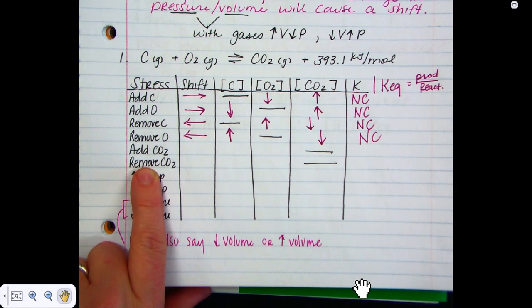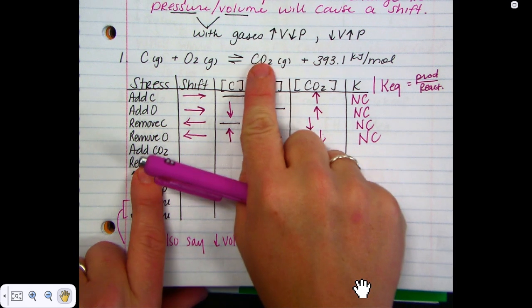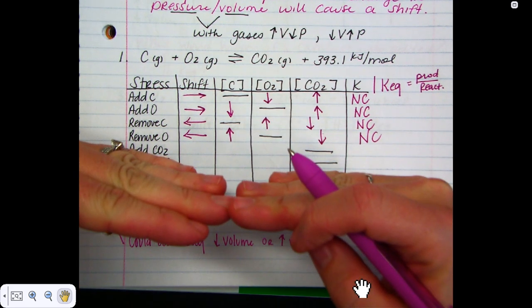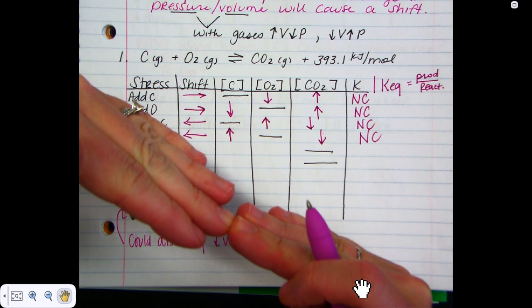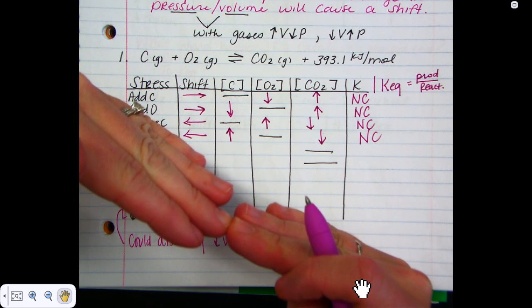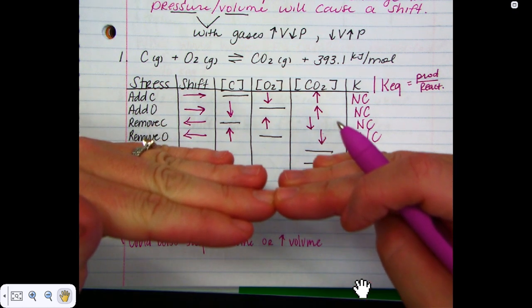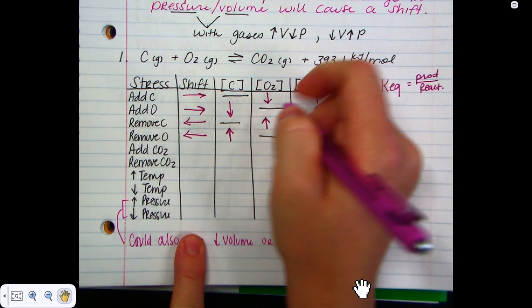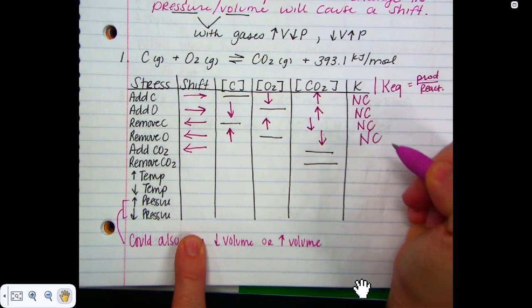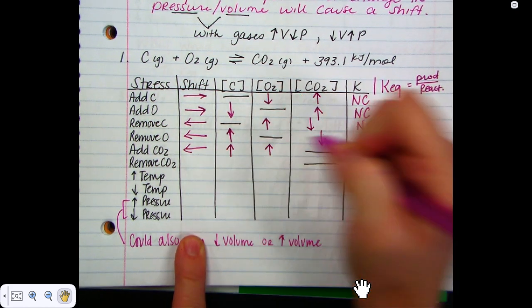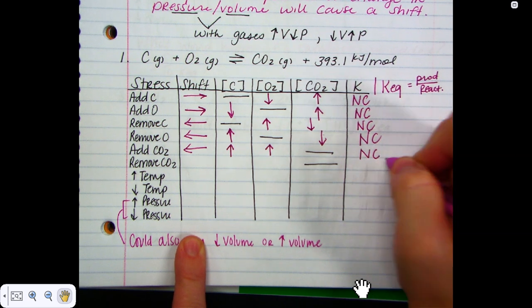All right. If I add CO2, so now I've added my product. Well, think about your teeter-totter again. If I add my product, I'm shifted this way. How do I get back level? I'm going to have to use the product, make more reactant, and level back out again. So I'm going to shift to the left. The amount of carbon and the amount of oxygen are going to go up, and there'll be no change in